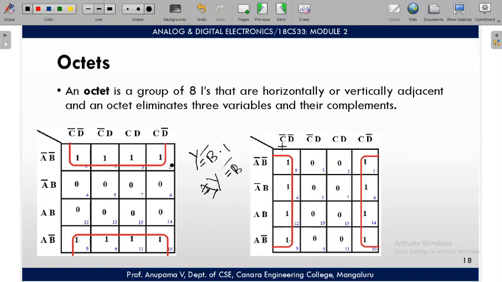Now in this particular second K-map, I can see an octet in the locations 0, 4, 12, 8, 2, 6, 14 and 10. So now go row wise. In the row all the terms get eliminated. That is, in the first two terms I can see B bar changing its form from B bar to B, so it gets eliminated.